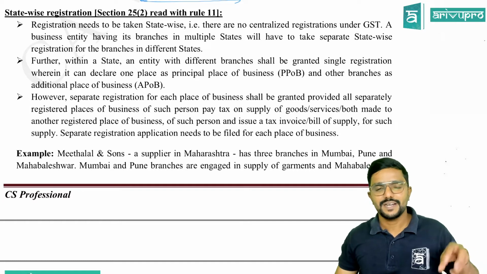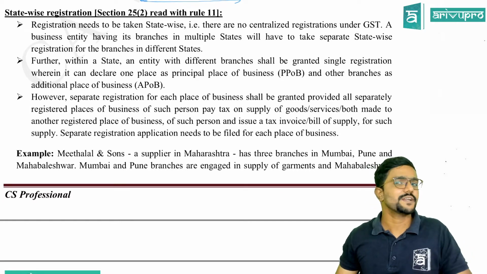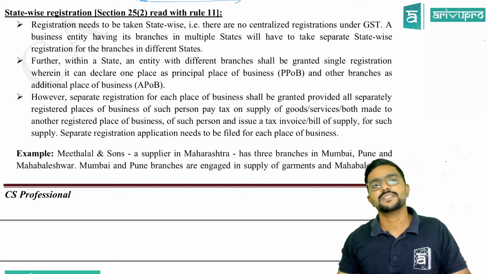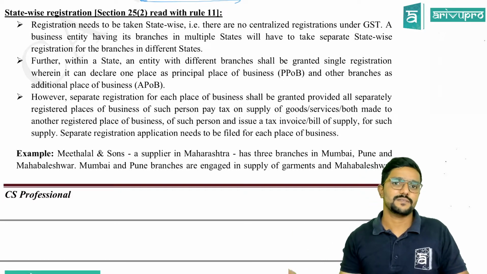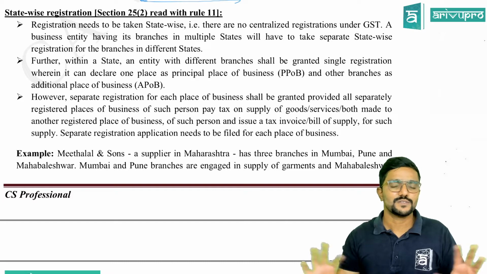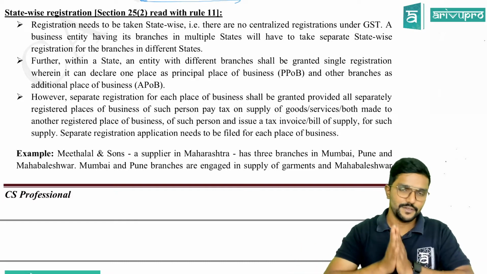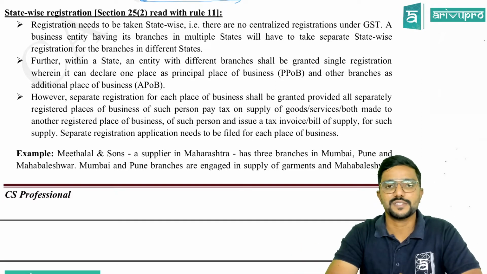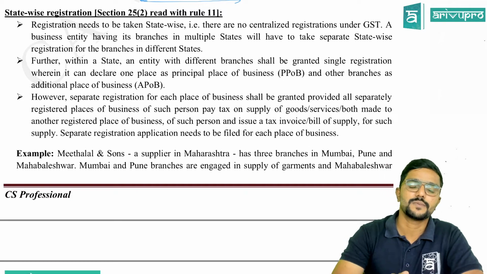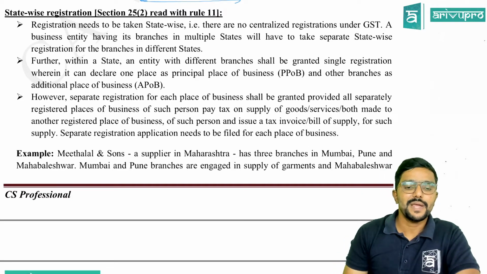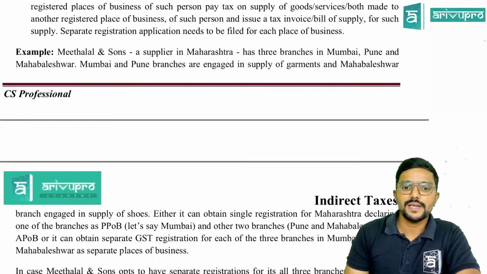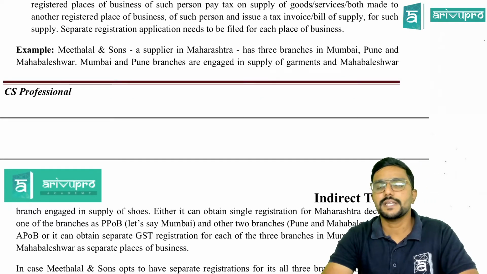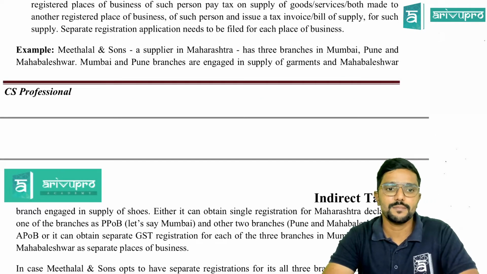Yeah, but it is a disadvantage for a person to take different registrations within the same state, as if he transfers anything within the state, it will be considered as supply from one branch to another branch. So better not to take it, but if you feel it is necessary, yes, the person can take it. Option has been given. Example, Methalal and Sons, a supplier in Maharashtra, has 3 branches in Mumbai, Pune and Mahabaleshwar,